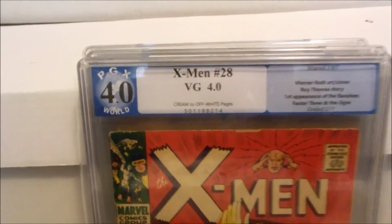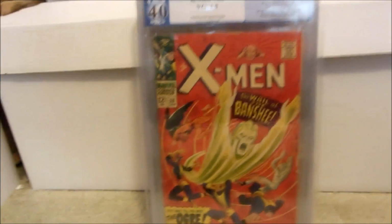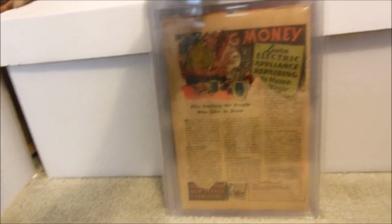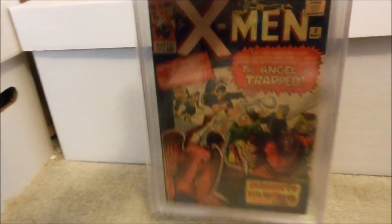So this is cream to off-white pages, PGX 4.0. Again, low grades, but I bought it for the price. I mean, you talk about just grading these. This one's a weird one. I don't know how anybody would send this in to be graded, but okay. This is